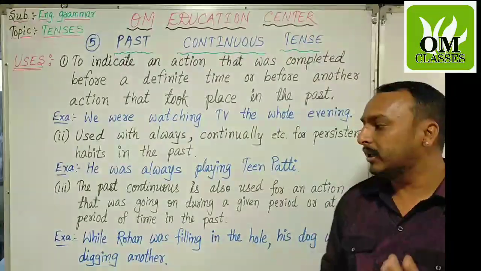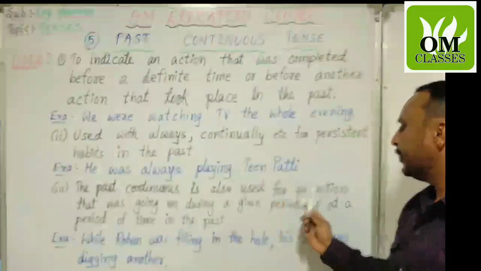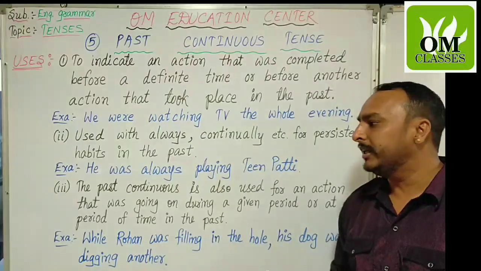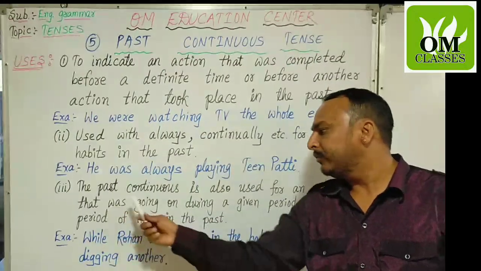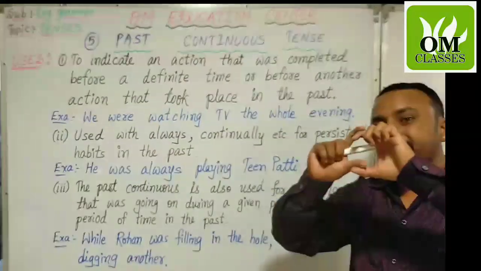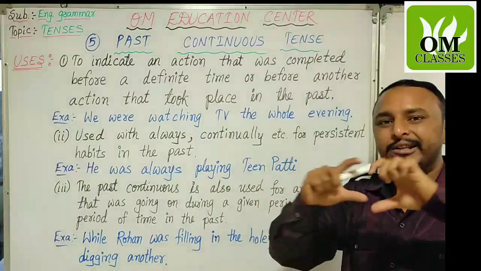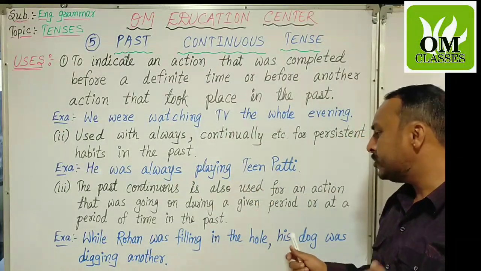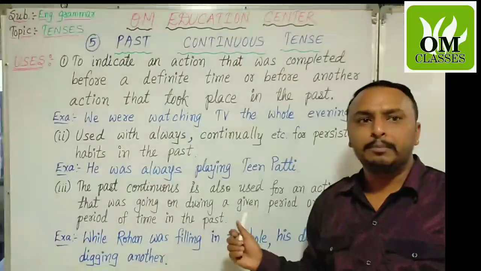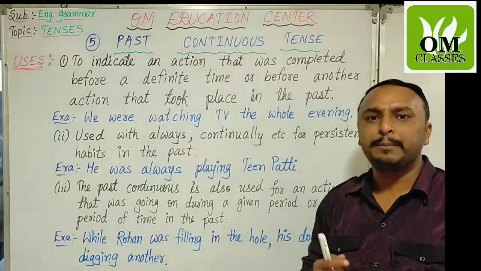Now let's see the third use. The past continuous is also used for an action that was going on during a given period. Past continuous tense ऐसी action के लिए भी यूज होता है that was going on during a given period. जो past में कोई during a given period, एक साल, दो साल, एक महीने, दो महीने, एक दिन, दो दिन, ऐसे पीरियड में यूज होता था. और at a period of time in the past, या फिर ऐसे टाइम में पास्ट का कोई ऐसा पीरियड जिसपे